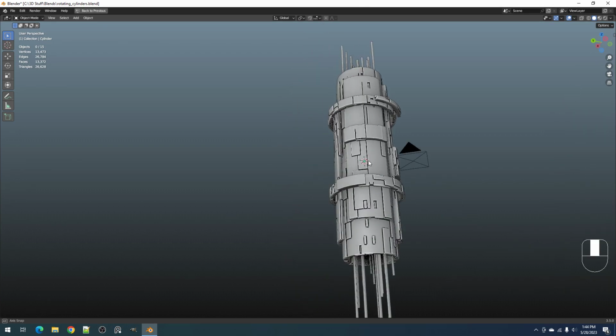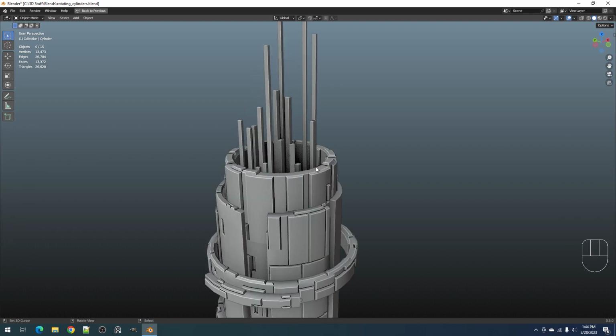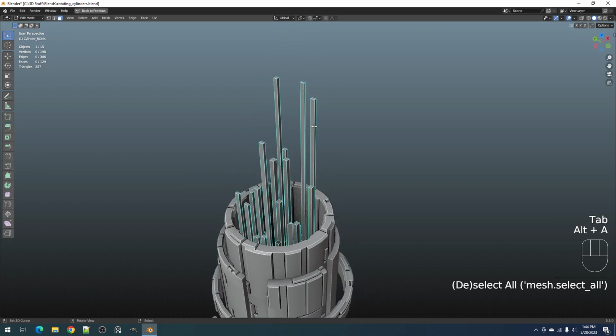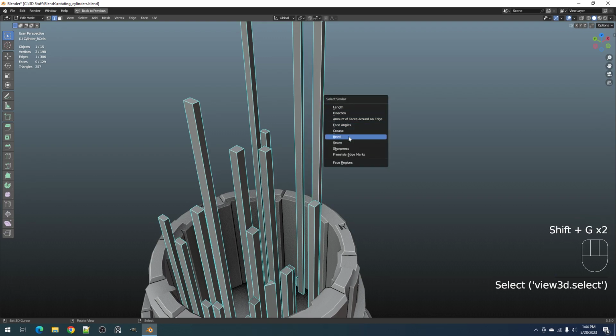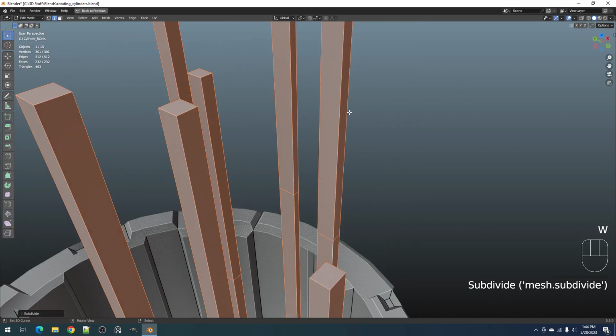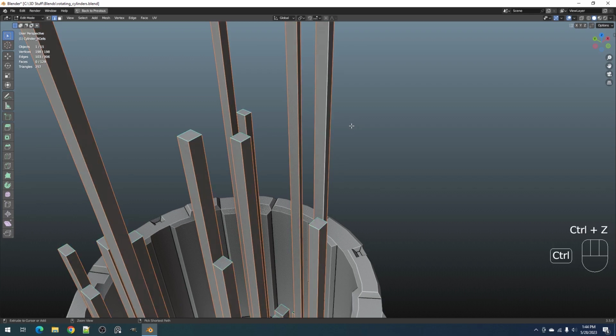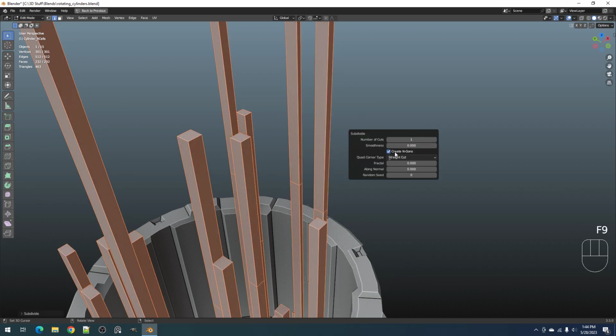Yeah, let's subdivide this. Pick one edge and select direction and WS, and WS for subdivide, and then F9,